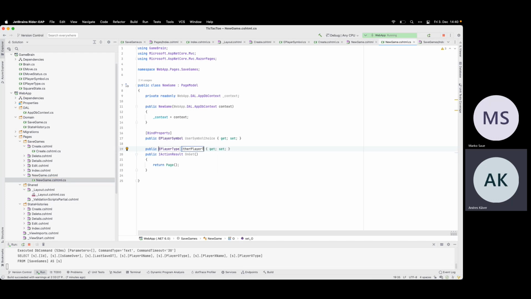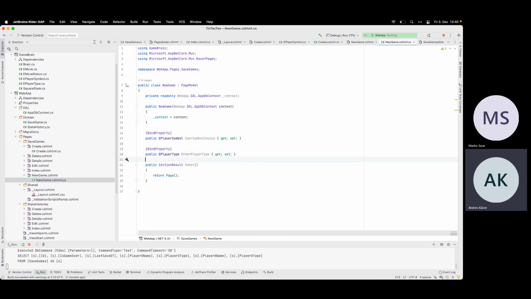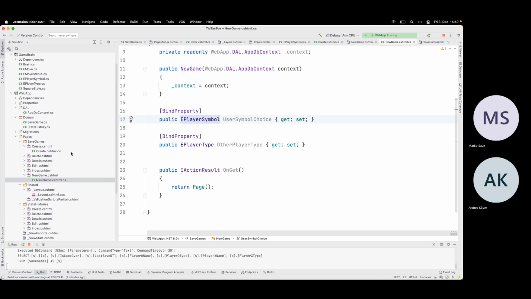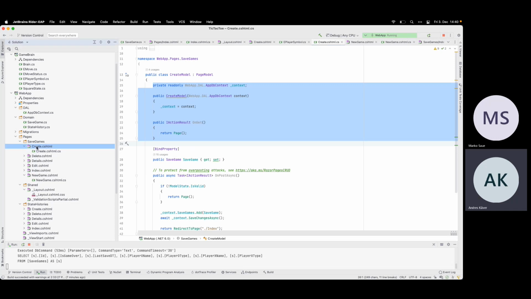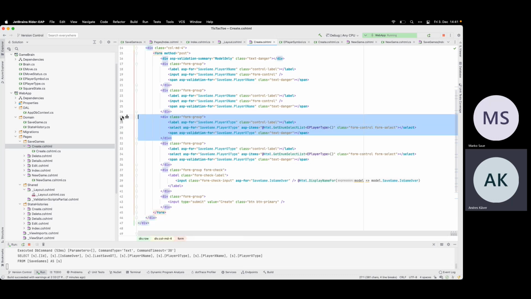Other player type, which is also a bind property, like this. Choose X or O, and then choose who will be your opponent. So I can now grab from here this code block, the player type.